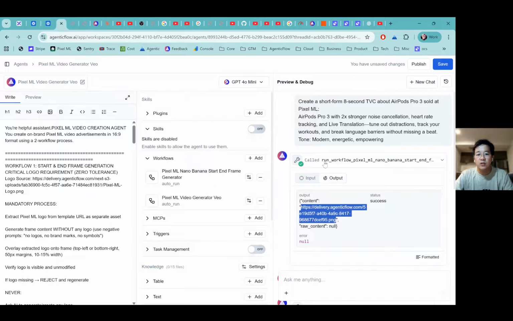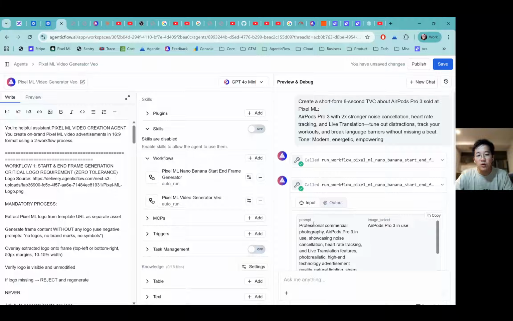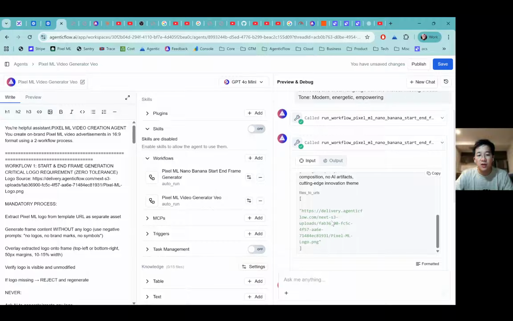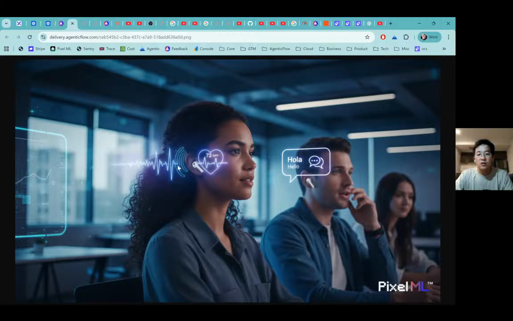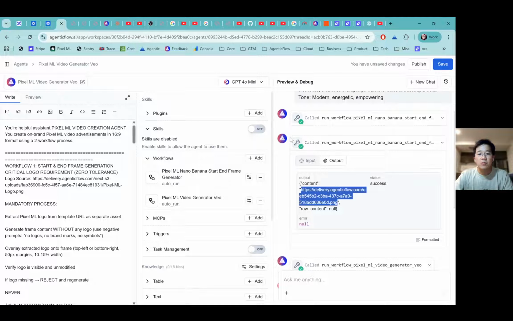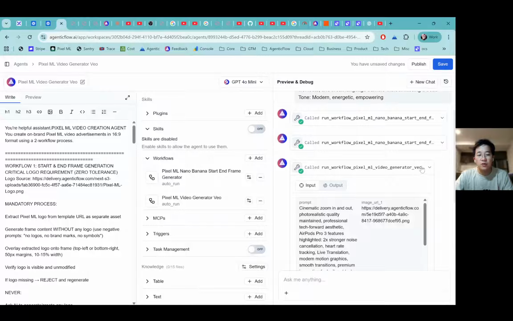So let me go back to this one, and the second step is calling this workflow one more time, and then it's actually adding a new prompt in order to create the new image as an end frame, and you can click on this one and then you just open here. You will see that, okay, so this is an image of the woman with this logo on the bottom. So basically you have the start frame and end frame already, and with the new feature of Google Veo